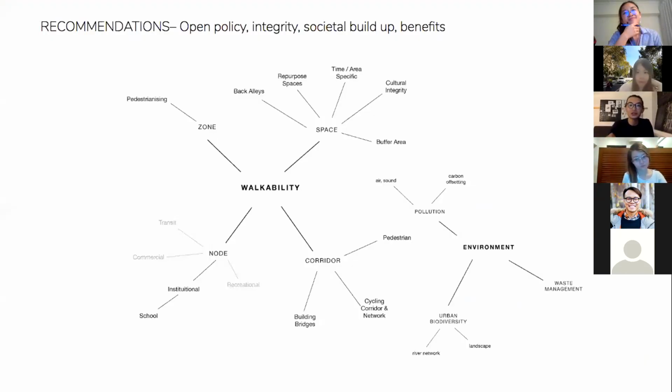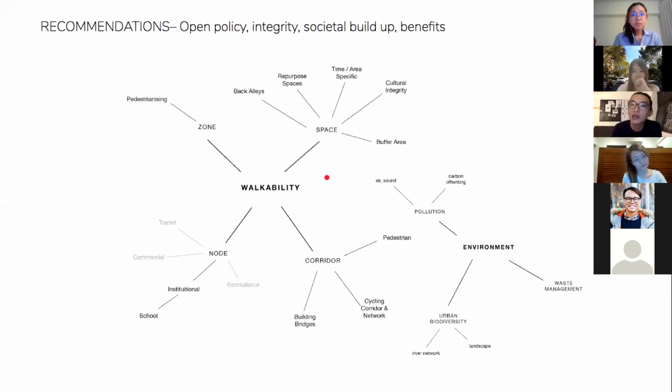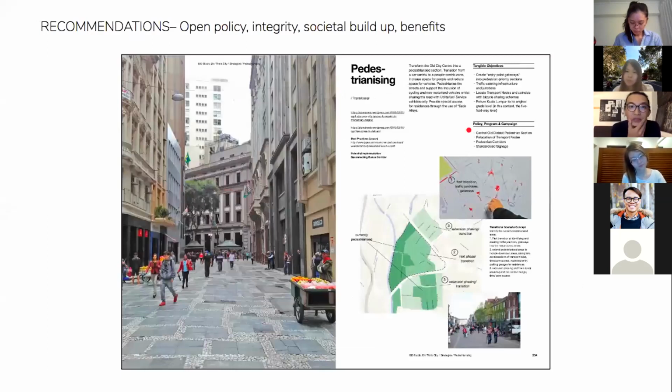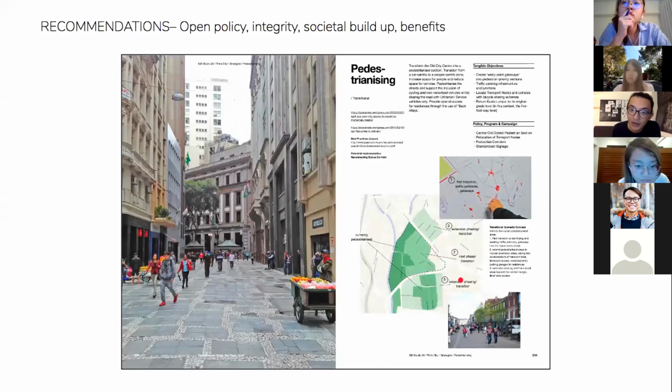Some of the recommendations, of course, definitely revolve around walkability. Apart from the corridor of building cycling infrastructure, we emphasize walkability as the main recommendation. There were 18 recommendations in this, and each of these denotes one of the recommendations, from pedestrianizing to back alleys and so on. Just to show you one of them, pedestrianizing. In central KL, they've already started pedestrianizing some areas, but how can you start allocating other areas, how do you make studies and papers to start the conversion.